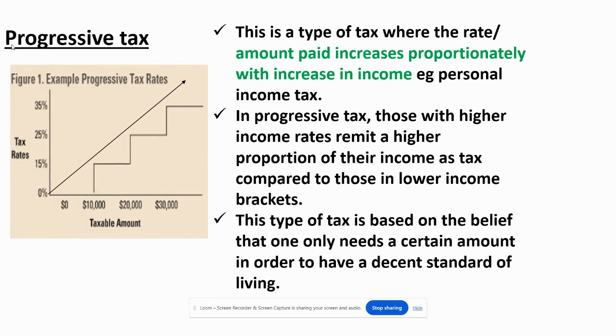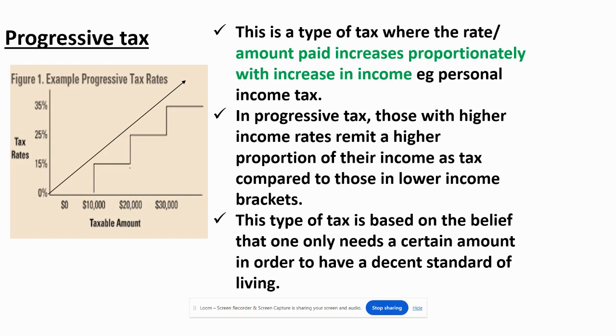So progressive tax, this is a type of tax where the rate or the amount paid increases proportionately with an increase in income. For example, we have personal income tax, as we all know, or you can see here from our graph. Those people who are earning between 0 to 10,000, they are not paying any tax; they are tax exempted. And then those people who are earning between 10,000 to 20,000, they pay 15% of their